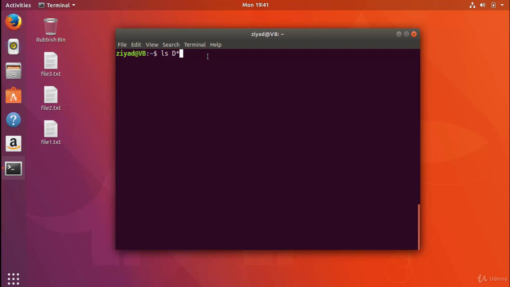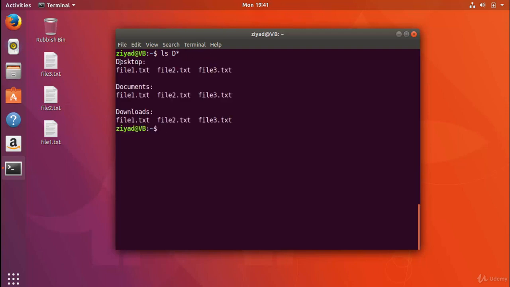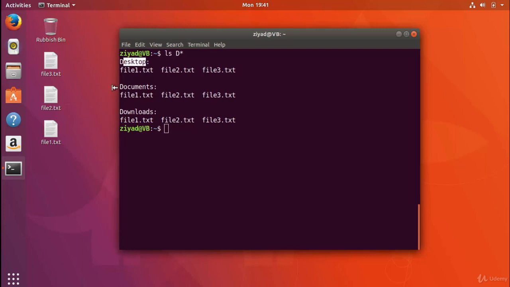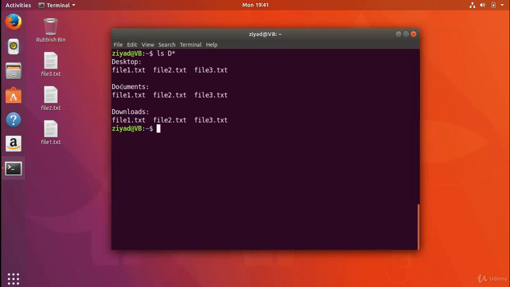If I do that, you can see that we just see the desktop, documents, and downloads. And you can see that they all match this pattern, this D star. They start with a capital D and then are followed by anything. What if we just want documents and downloads? Well, they start with DO and then are followed by anything, right? So if I do ls, DO, then anything, you can see we just get documents and downloads, but desktop is